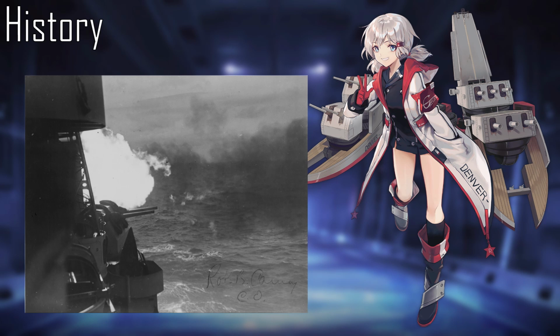Was hit by a torpedo bomber's torpedo, which cut all power and comms, as well as killing 20 of her crew while supporting the landings on Cape Torokina. She was towed by USS Sioux, then USS Pawnee, for temporary repairs, then sailed by herself to Mare Island for permanent repairs. Assisted in the sinking of Yamashiro during the battle for Leyte Gulf, and then Osagumo later on the